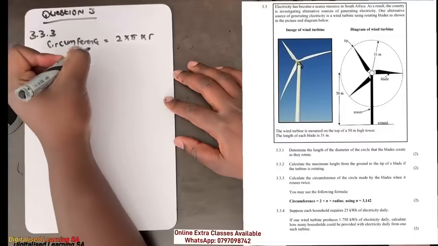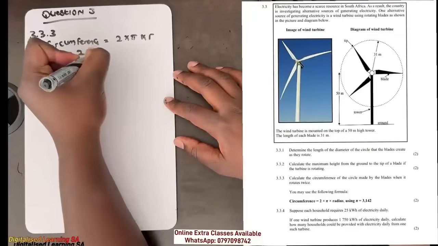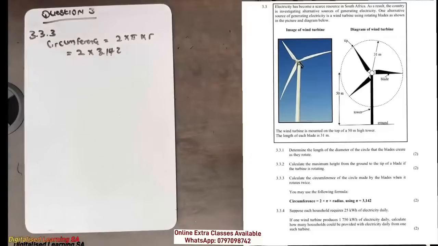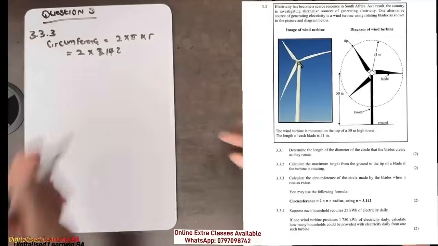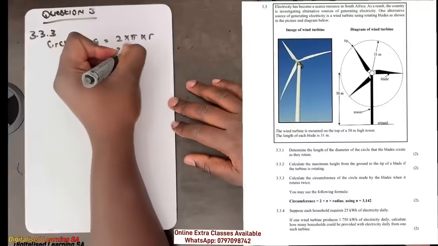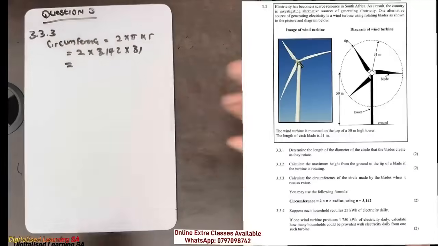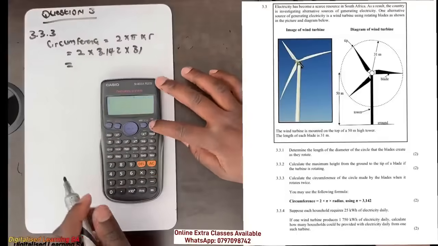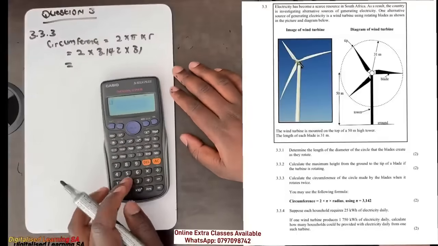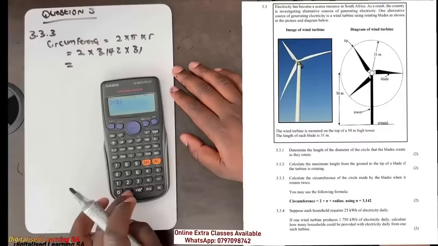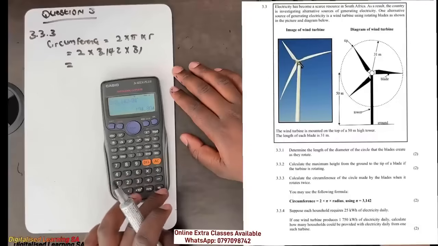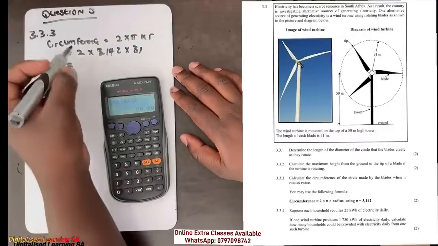So now we'll come and say 2 multiplied by pi, which is 3.142, and then our radius, which is 31. And then we can just plug this into our calculator. So we'll say 2 multiplied by 3.142 multiplied by 31, and our answer will be